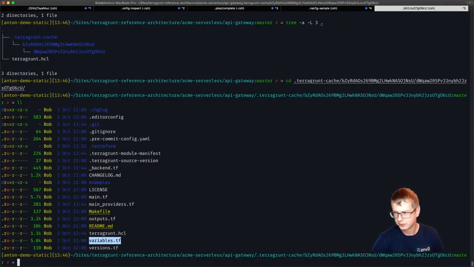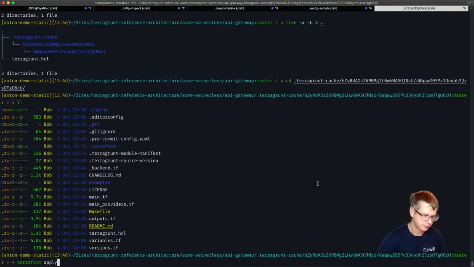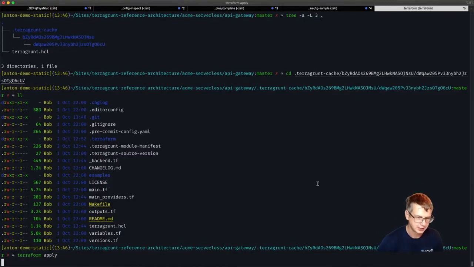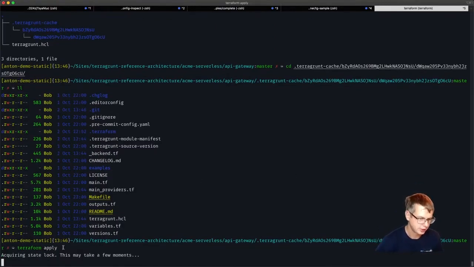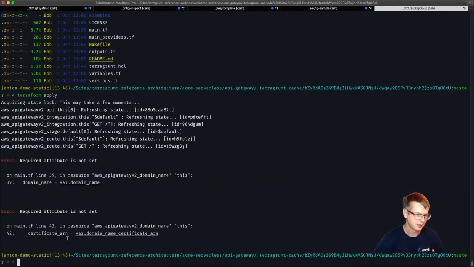So one way of debugging it is actually to run Terragrunt, and then if you don't know what's going on, or Terragrunt may be a little bit too slow for you right now, then you simply go to this folder and run Terraform apply, for example. And if you run Terraform apply here and make sure that you have correct credentials, you will be doing very similar things as